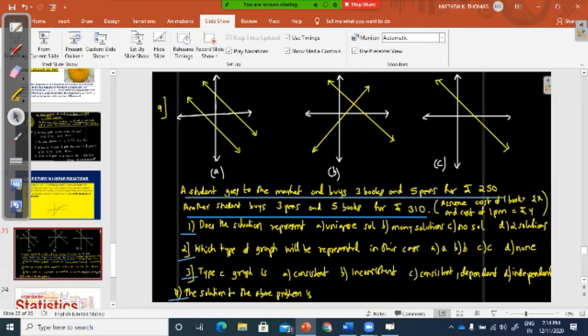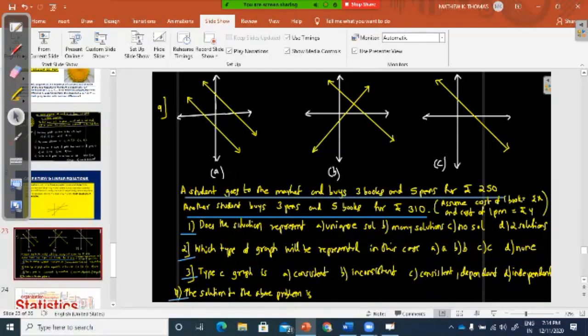No solution. The ratios are not equal, sir. So if the ratios are not equal, then what happens? How many solutions will you get? Infinitely many solutions. Is it a unique solution? It's a unique solution, exactly, because A1 by A2,